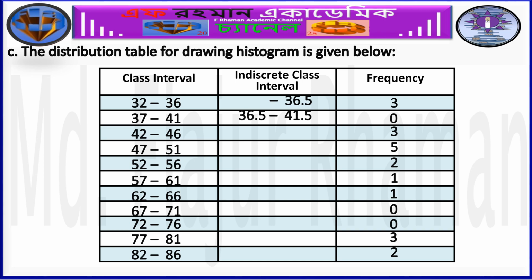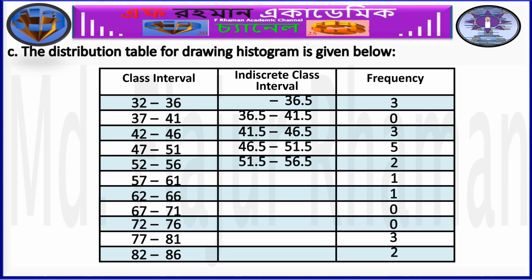That's why the upper limit of the first class interval will be 36.5 and the lower limit of the second class interval will be 36.5. In the same way, the average of 41 and 42 is 41.5. That's why the upper limit of the second class interval is 41.5 and the lower limit of the third class interval is 41.5. In this way, we should write the class intervals